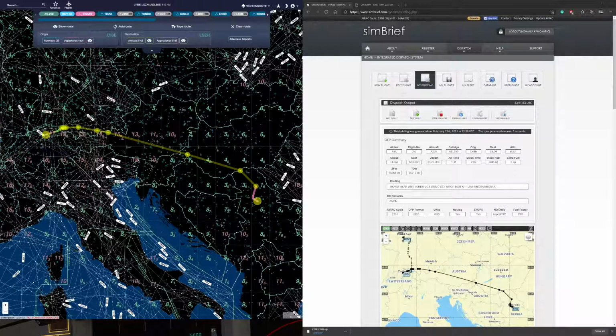Unfortunately, since ATC is not available on VATSIM for this part of Europe at the moment, we are going to do it using the Microsoft Flight Simulator ATC. But in this case, the active runway is 30, so we are good. We have TISA 6 Delta standard instrument departure, or the SID, and then we go to TISAC. From there, we continue our route all the way to Zurich. So, since this is good, we can go back